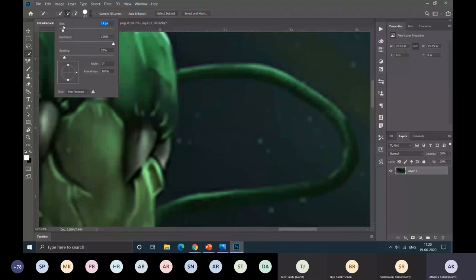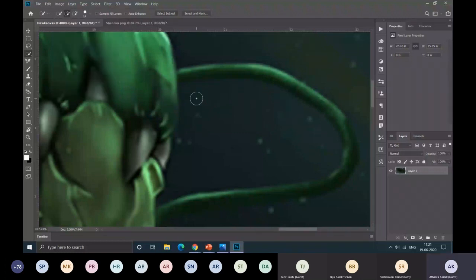So we'll just select this. The brush tool works on the algorithm of contrast selection. Photoshop automatically detects the contrast of the image and estimates which selection we want to choose. Here you can see that this blue part and green part do not have much contrast. Hence, this green part has also been selected. So to get rid of that, you can just hold the Alt key. See the minus sign has appeared.